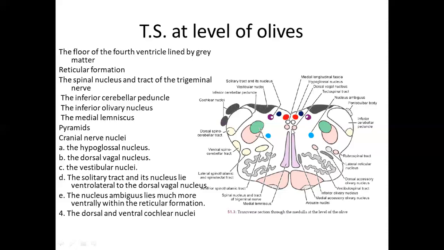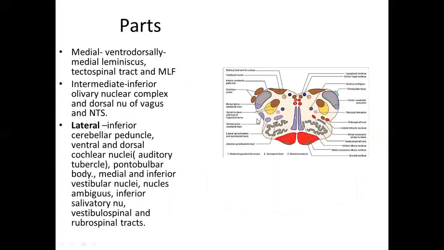Then because the corticospinal fibers are bundling, they are aggregating on the anterior side, and the internal arcuate fibers are forming the medial lemniscus, and other white fibers are also there. So they will also push the gray matter dorsally. And so most of the ventral part is occupied at this level by the white matter or the tracts, except the inferior olivary nuclear complex, the nucleus ambiguus and the spinal nucleus of the trigeminal nerve.